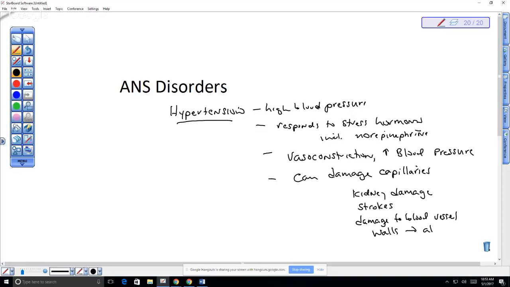So blood vessel walls, and if those walls get damaged, then you get atherosclerosis. So you get inappropriate plaque formation in the blood vessels, which can cause blocking of the blood vessels and can lead to things like heart attacks. So hypertension is considered to be an autonomic nervous system disorder. Okay, so